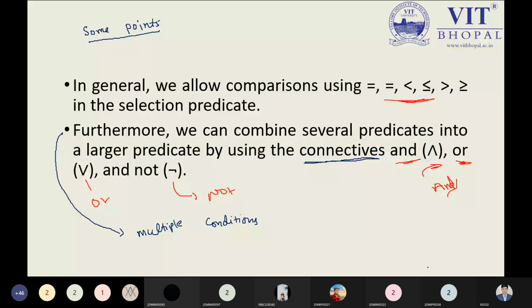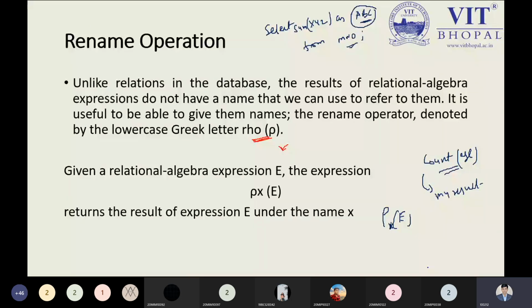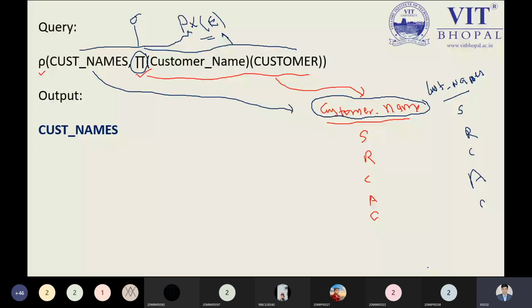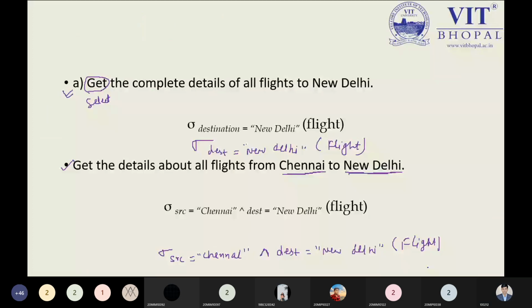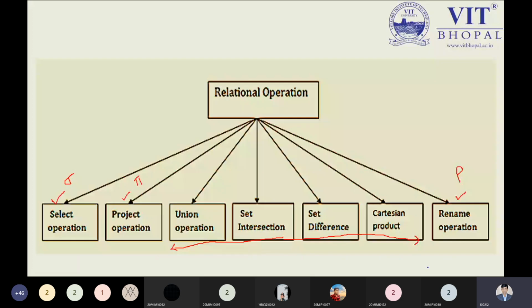Okay. That's why I'm speaking once again to all those students: please focus on the concept properly. If you are not remembering, no issue, I'm here, but this is the most important. So this is a way of writing the query by using the three fundamental operations: select, project, and rename. We have already discussed this.